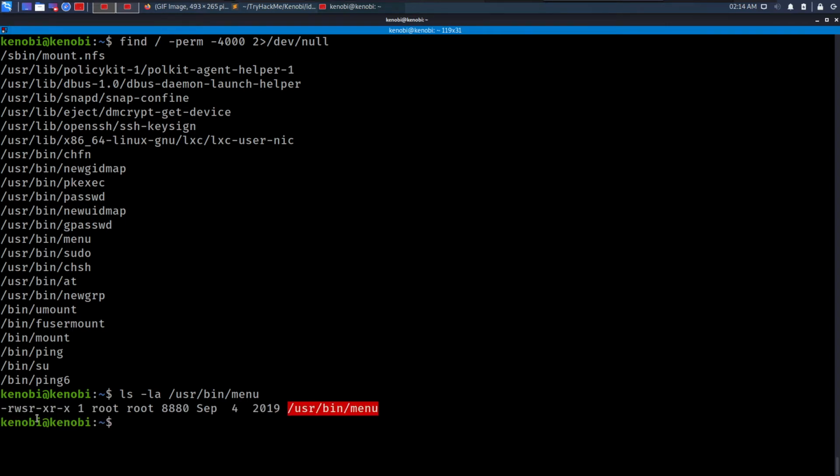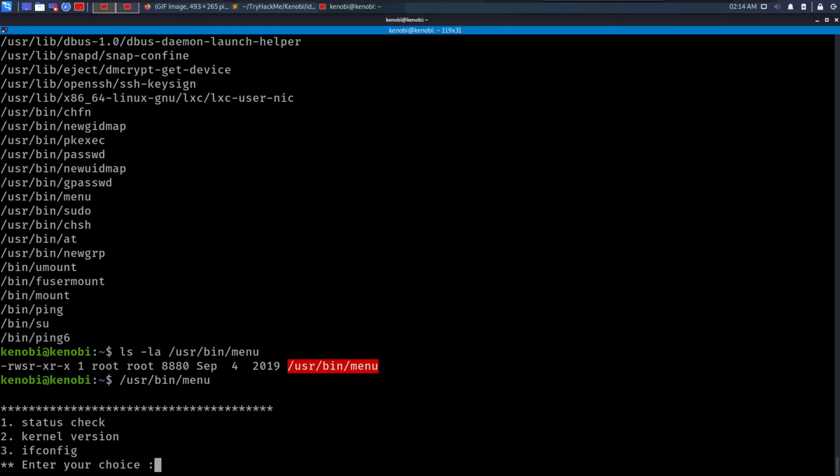And if you don't know what the SUID bit is, it means that whenever it is set on any binary, we can run that binary with the privileges of root. So let's run this binary and let's see what it is actually doing. If I just paste the full path of this binary and hit enter,